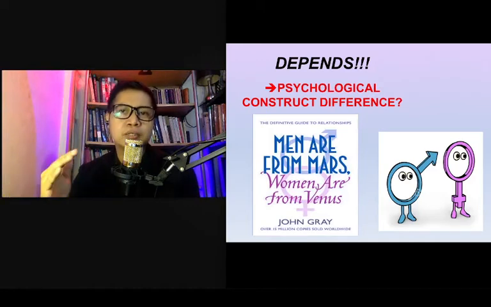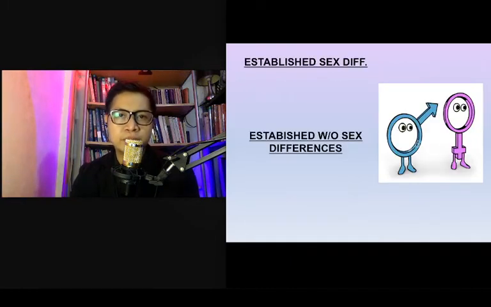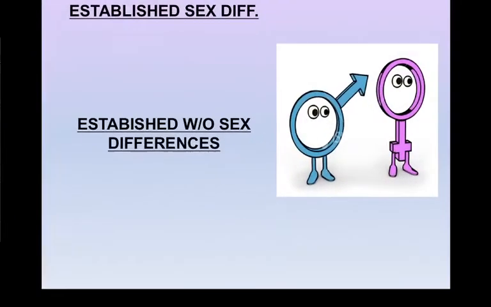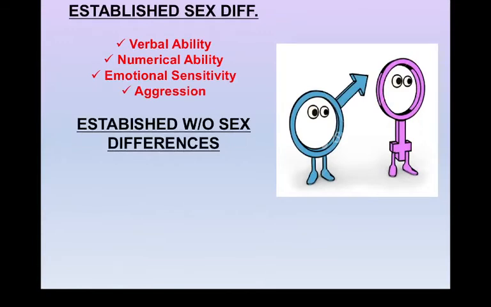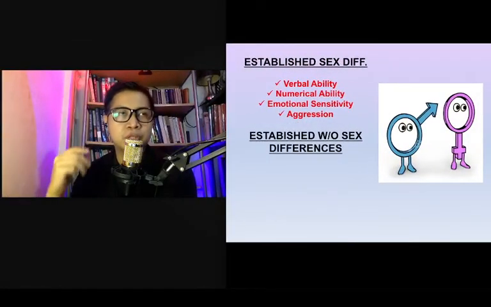In what way? Mayroong mga pagkakataon, given the construct of your test, given what your test is measuring, kailangan talaga separate yung norms mo for male and female. Like for example, ano ba yung mga psychological components that are known to really differ between males and females? Verbal ability, numerical ability, emotional sensitivity, and aggression. So kung yung test mo, yan yung minimeasure, yan yung test construct, kinakailangan talaga ibahin mo yung norm for males and females. Because literature established that these things differ between males and females.